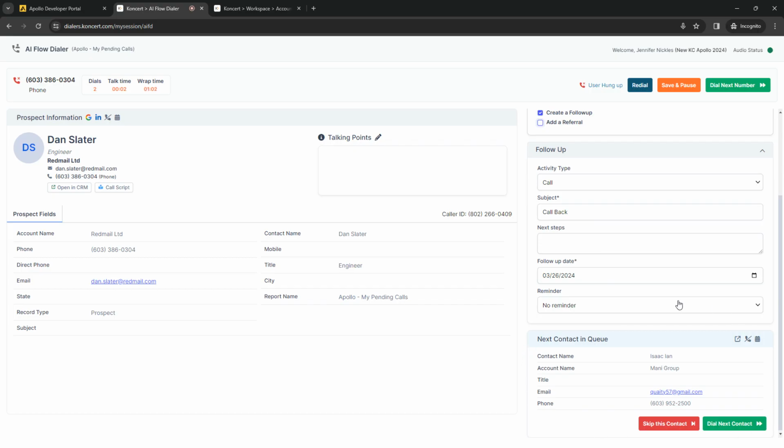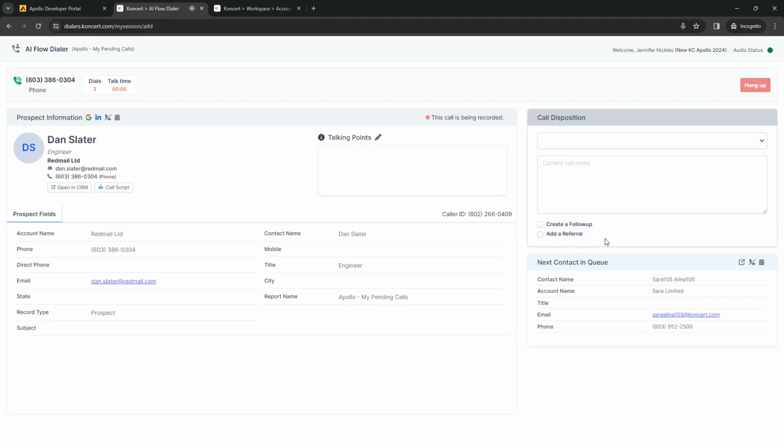Down at the bottom, you'll see the next in queue. So it will show me who I'll be dialing next, and I can decide if I want to dial this next contact or if I want to skip this contact. If I click skip this contact, it'll show me the one after that contact, and then I can decide if I'd like to dial them or skip them as well. I can keep doing this until I find the prospect I would like to dial. So here's one I would like to dial. Go ahead and click dial next contact